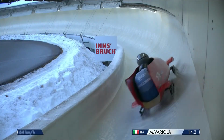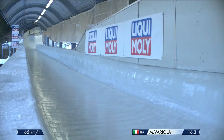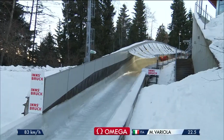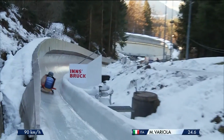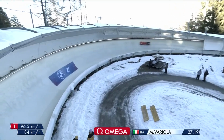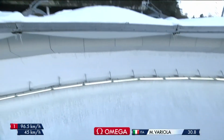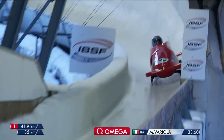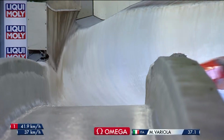It's cold, it's crisp. We've been in the cloud for the last couple of days. Today is a bright, clear day, and the ice will be fast. The track record set by Francesco Friedrich in December 2020 in that slew of two-man races in the first COVID season. That is a 51.04. We will be doing well to get to that today. Definitely. There's a lot of 52s in training, but a lot of...